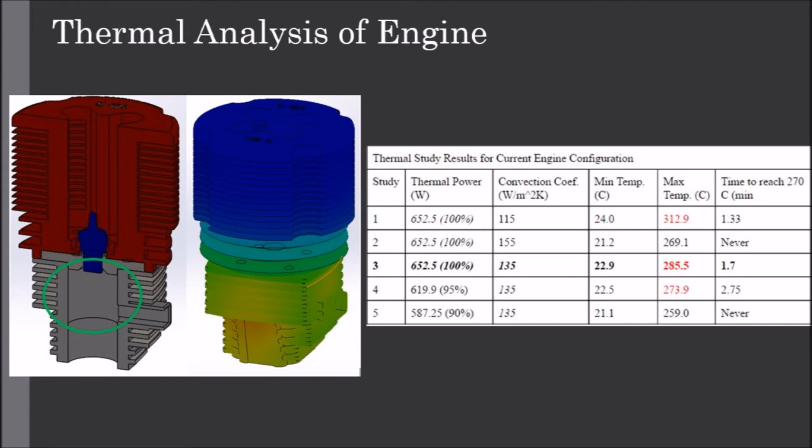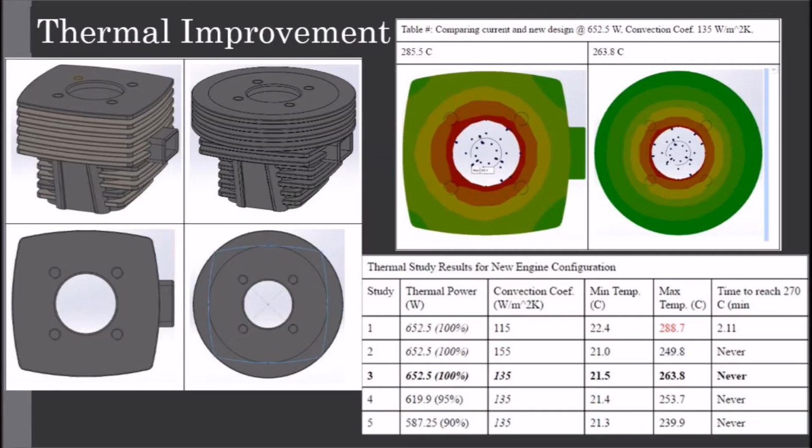To fix the overheating issue, more surface area was added to the engine block for convection cooling. The top 3 fins of the engine block were increased because the combustion chamber is close to the top and this region needs the most cooling. As a result, a more distributed cooling was observed and a temperature of 270 was not reached until the convection